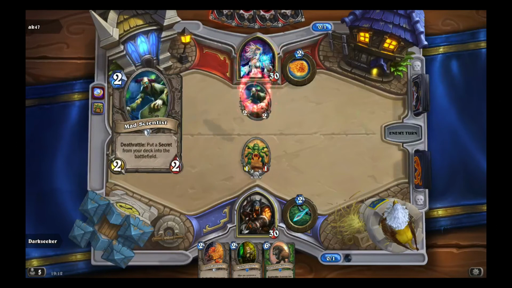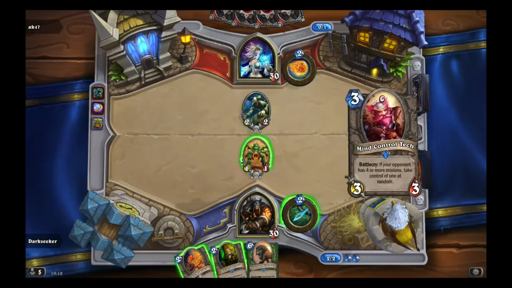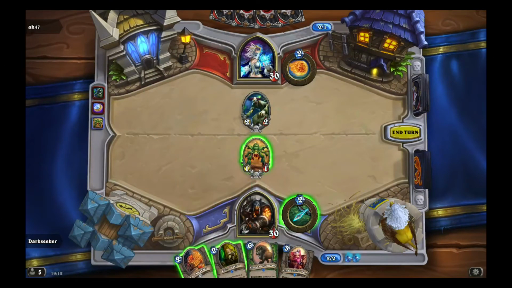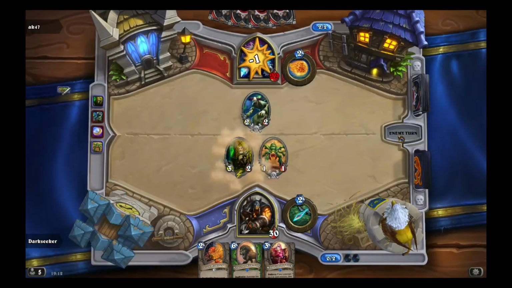I'll show them. I'll show them all. That scientist is pretty good. The scientist there contests the spinner, so I guess I just play loot hoarder here, I think, and go face, or do I play the juggler? I'm actually just going to play the juggler,